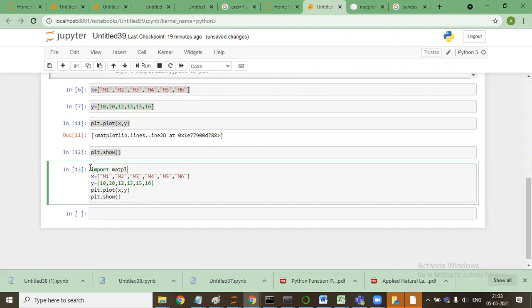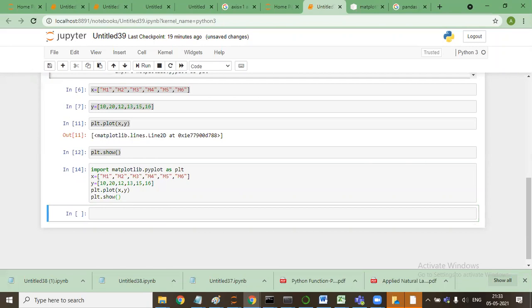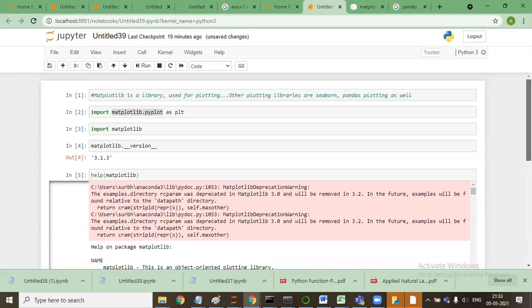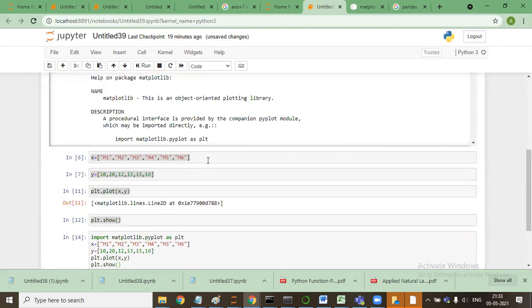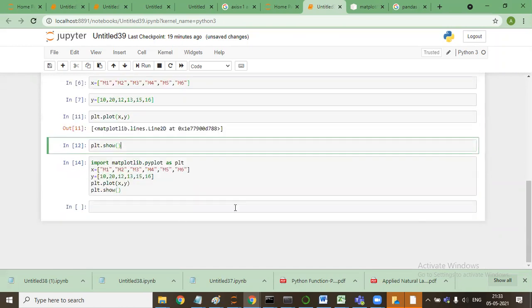Sir, x also should be an integer, no? No, no. Import matplotlib dot pyplot as plt. So plt dot plot of x comma y itself gives the output. I don't know why it is not showing. Where has it gone?